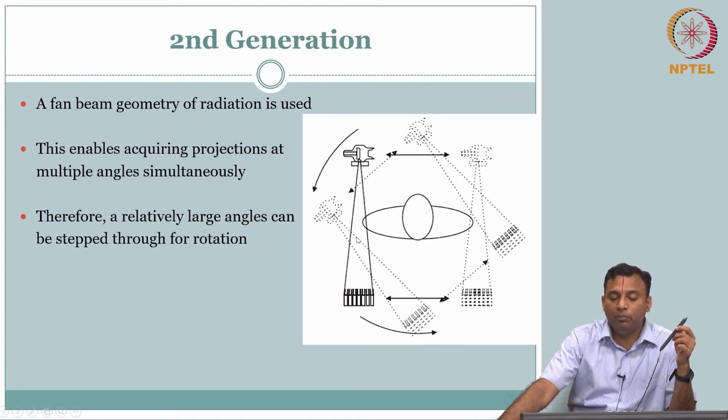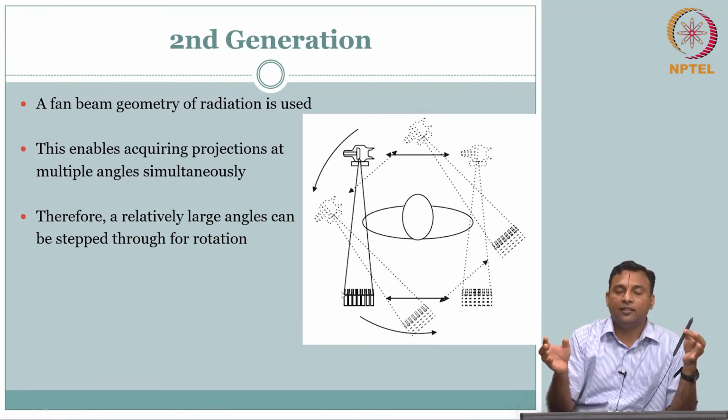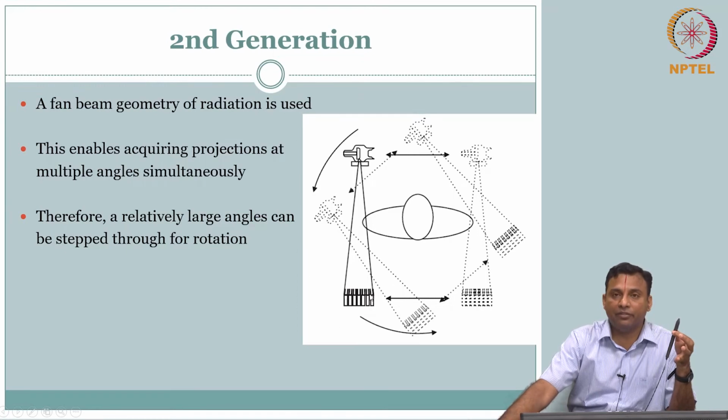Well, you look at it, what is the proposition? You are going to have multiple beams, right, multiple lines going from source to detector. So in pencil beam first generation you had only one line, so there was no question of angular incidence or Compton scattering getting detected. Whereas here, if I don't make extra effort, I could pick up signal from other angles. So one of the things is, oh, we know this, we solved it before, so we will put collimators. So they had to use collimators.